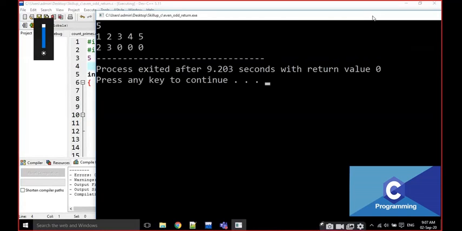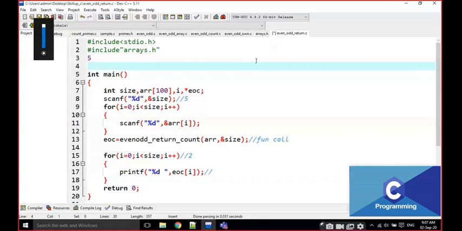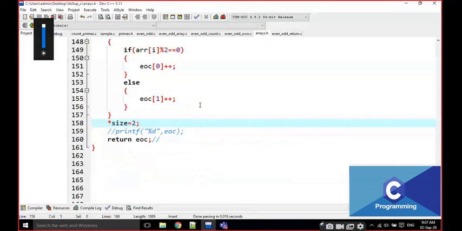The result is like this. 2 and 4 are okay, but the remaining 0, 0, 0 are not valid. These are garbage values. That's why we have to take care of all this. That means we have to write *size = 2, as there are only 2 values. Then we have to take it like that. Okay, everyone.